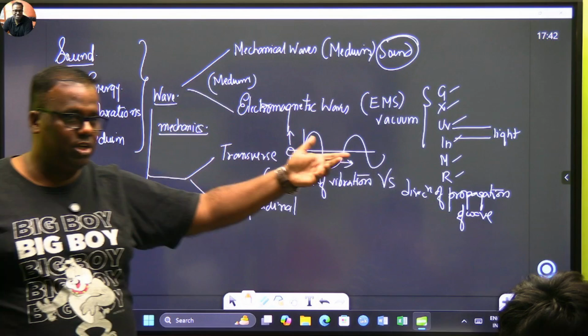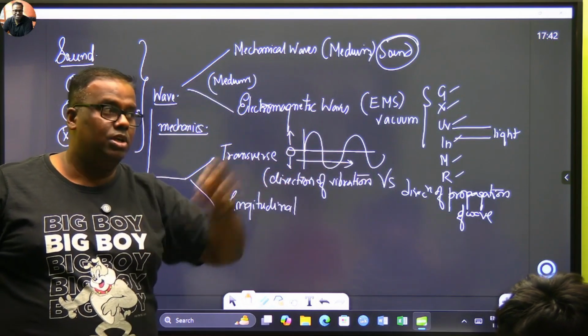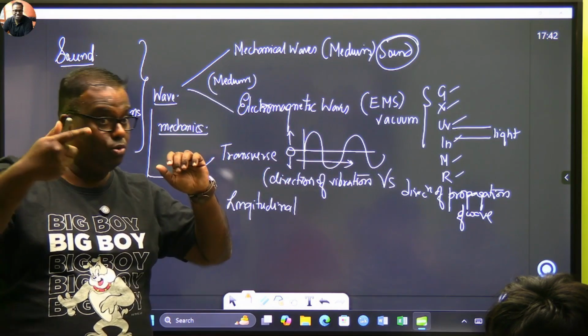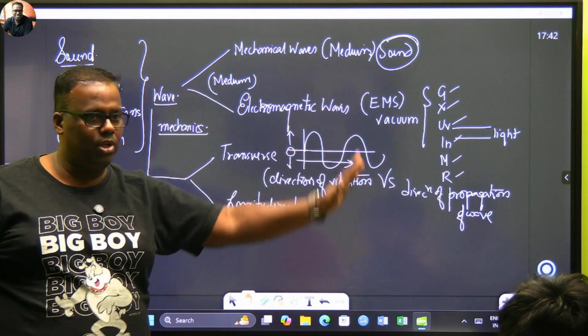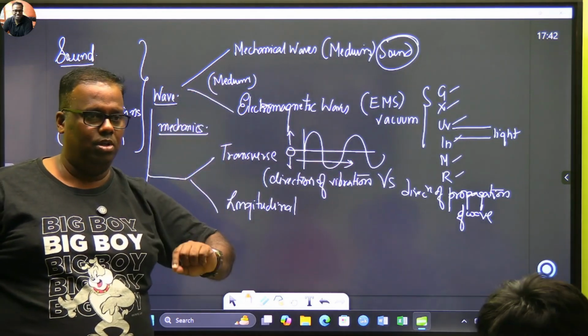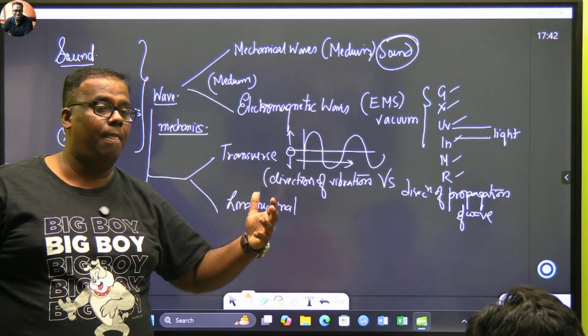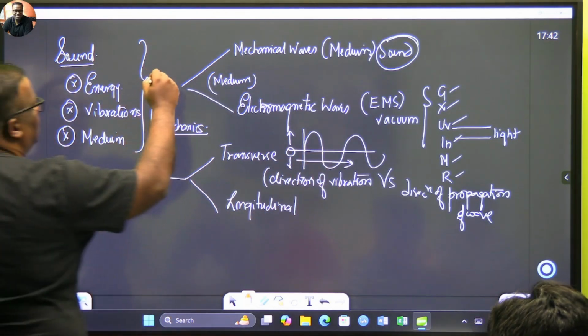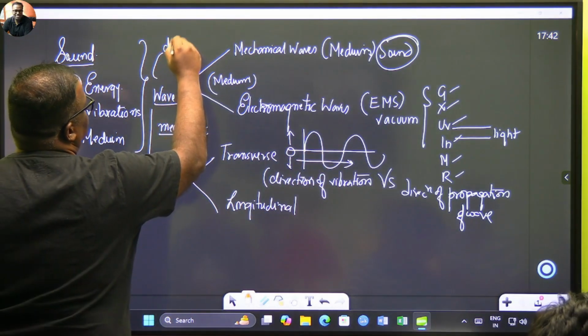The best example is go to the gym, take the gym rope, tie a small ribbon on that and start doing the waves. How do you see? You see as if waves are going, but if you concentrate on that ribbon, you see the ribbon going up and down, up and down. And in waves, always remember, matter does not travel. For wave, one important thing is it's only the disturbance that travels.